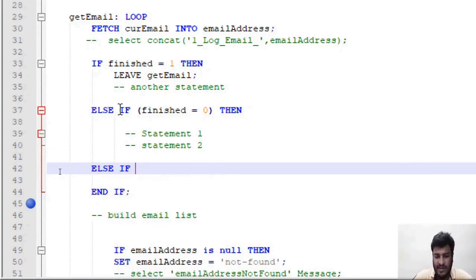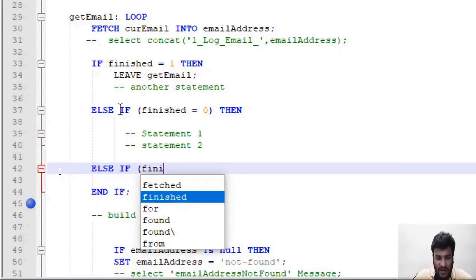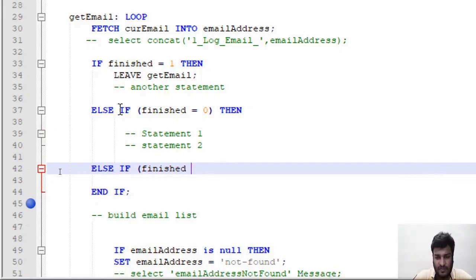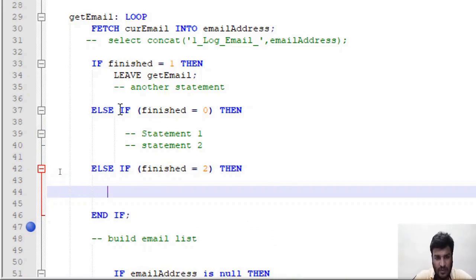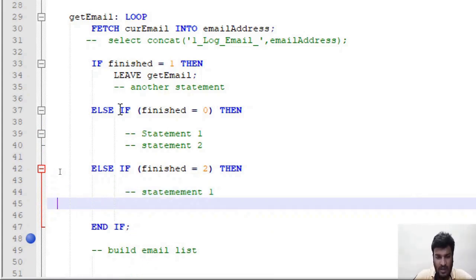Say finished equal to, say we are checking the value 2. Then statement 1, and then again move to the next line and say statement 2. So this is the if else ladder.